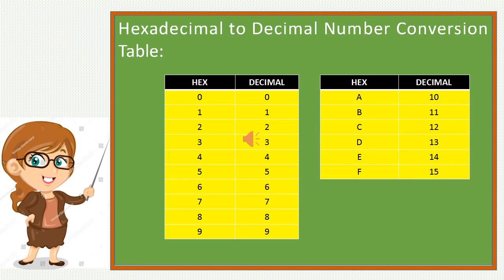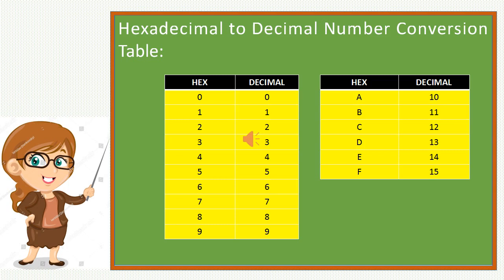Now, look at the hexadecimal to decimal number conversion table, where 0 in hexadecimal is equal to 0 in decimal, 1 in hexadecimal is equal to 1 in decimal, 2 in hexadecimal is equal to 2 in decimal, 3 in hexadecimal is equal to 3 in decimal, 4 in hexadecimal is equal to 4 in decimal, 5 in hexadecimal is equal to 5 in decimal, 6 in hexadecimal is equal to 6 in decimal, 7 in hexadecimal is equal to 7 in decimal, 8 in hexadecimal is equal to 8 in decimal, 9 in hexadecimal is equal to 9 in decimal,